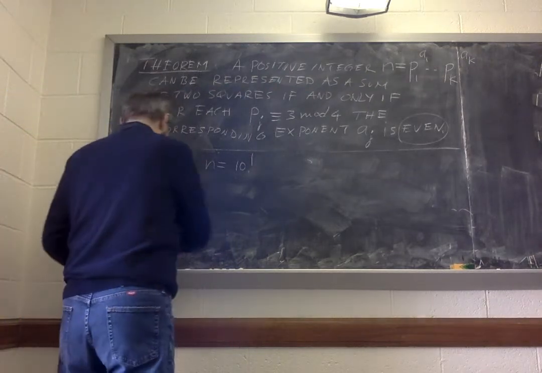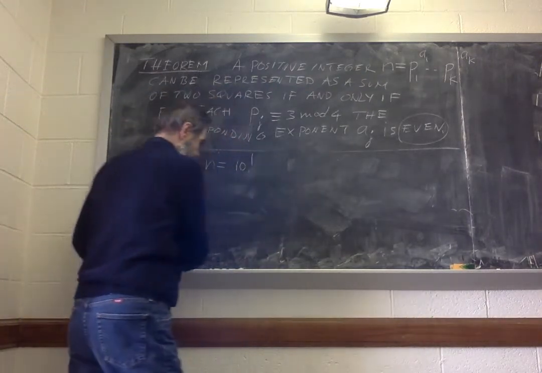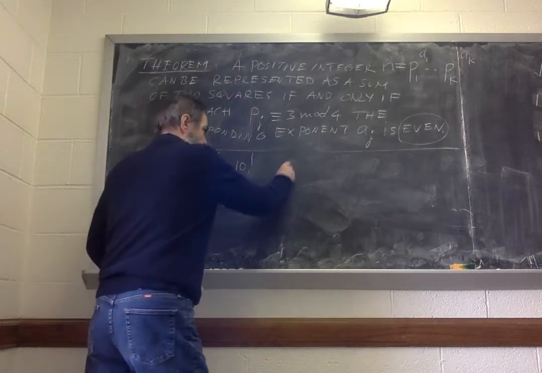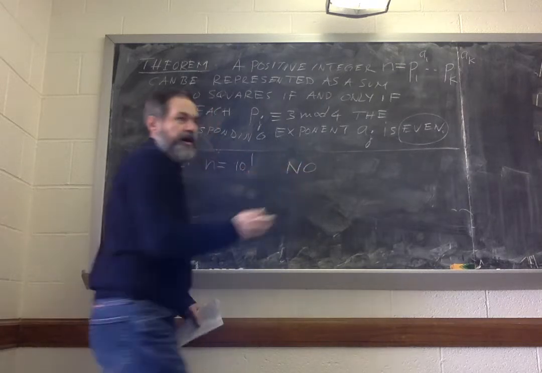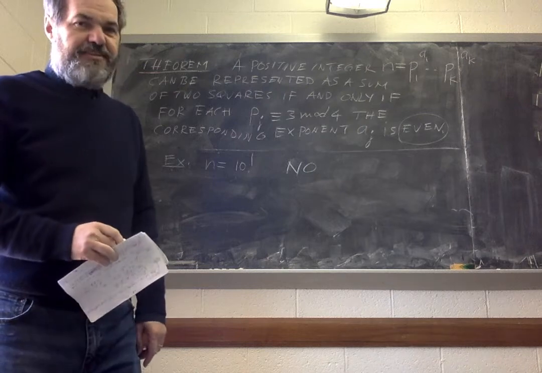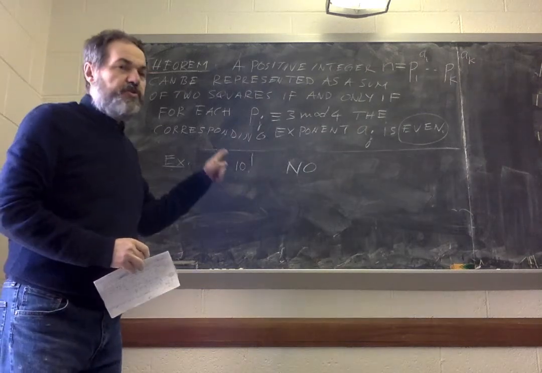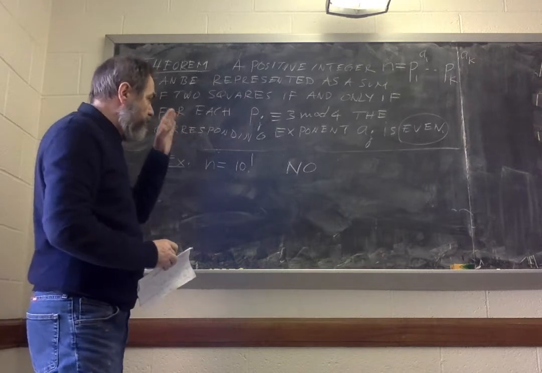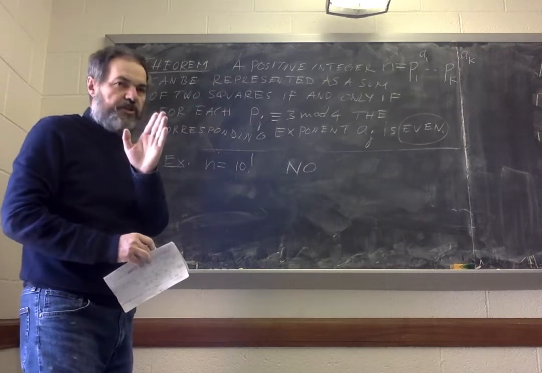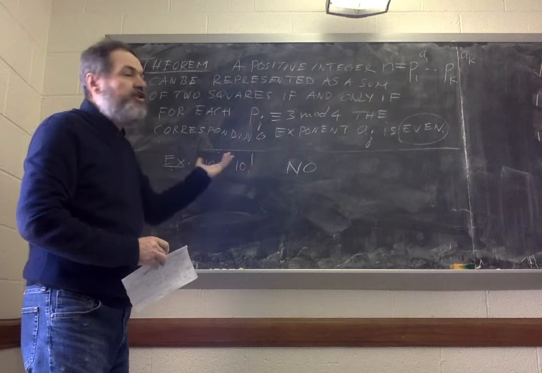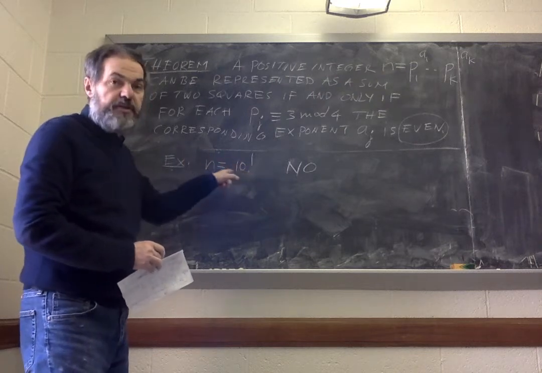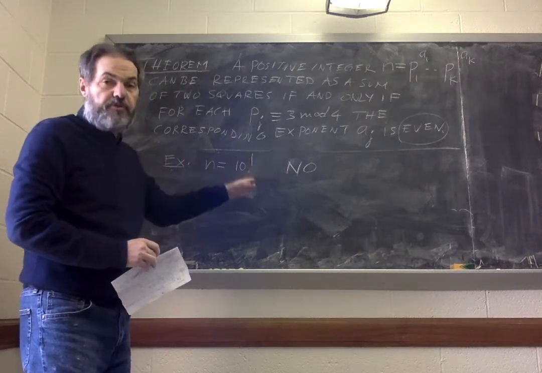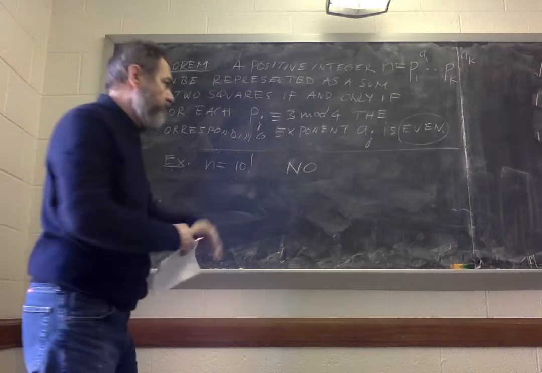And the answer is clearly no. But why? Because you see, in the other examples we had the prime factorization of the number. It was given to us. In this case, it's not given, but we understand what this number is. 10 factorial is the product of numbers from 1 to 10. No, because